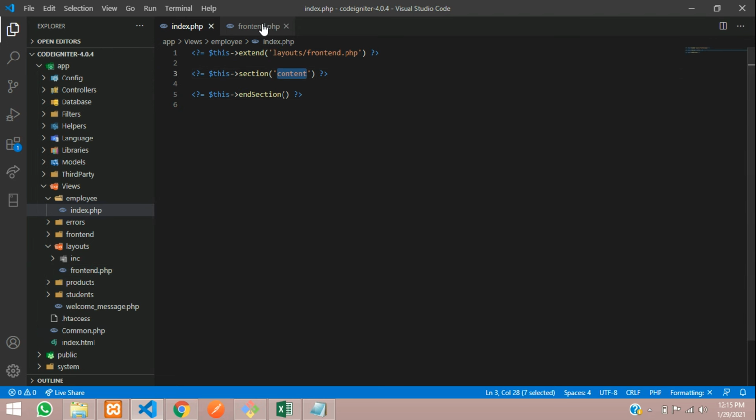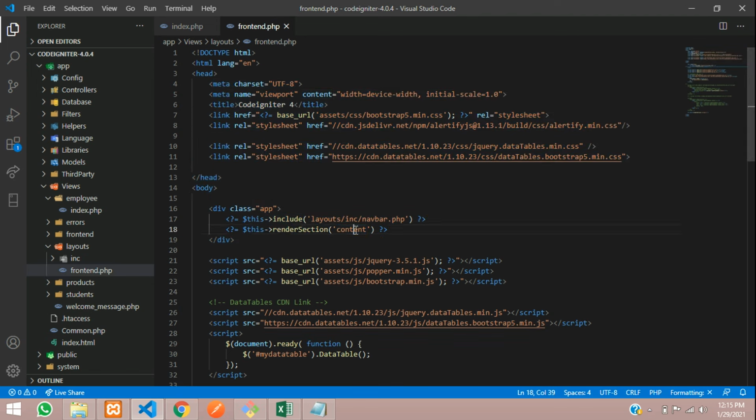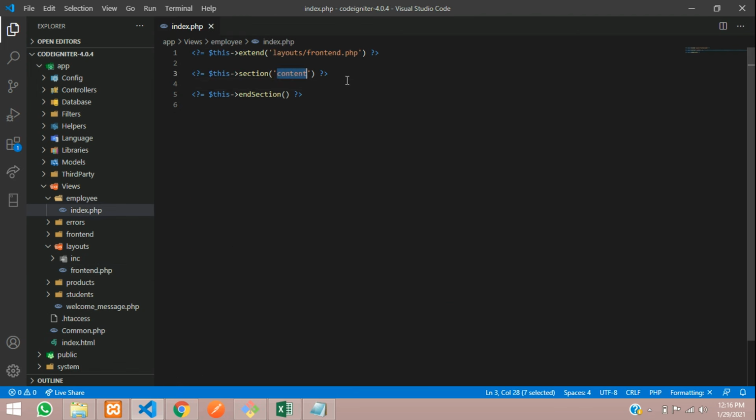The section is over here, as you can see, the render section which I have called. Let's close this file and make sure you have set the bootstrap. Now to view this page we have to set the route first. Before setting the route, let me give one container, where row, then column md-12, where inside this card header,